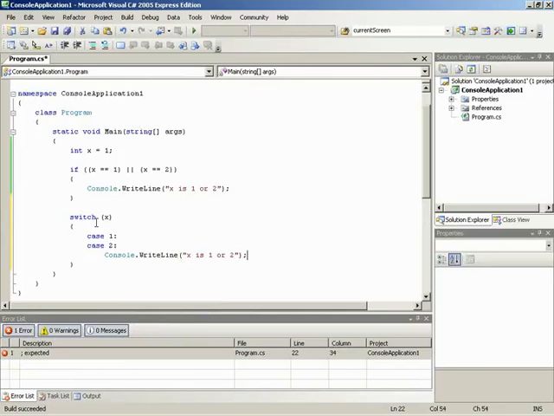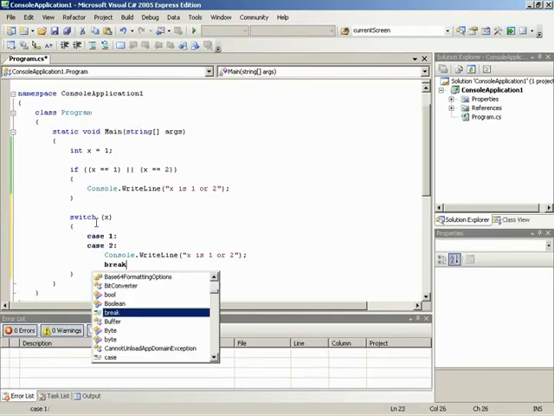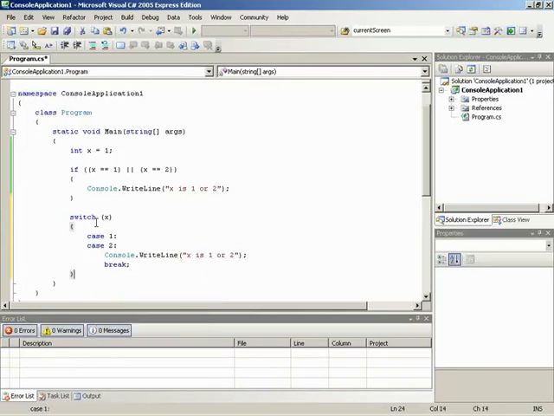Alright, and once we finish that up, we need to break out of the switch, and then we should be done. That is it. Again, remember, the big thing here is utilizing the fall-through capabilities in a switch, meaning that as